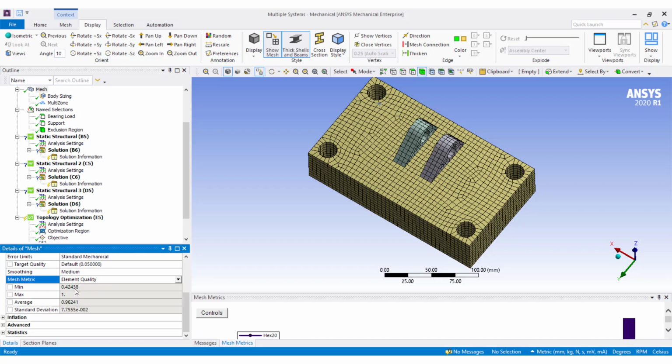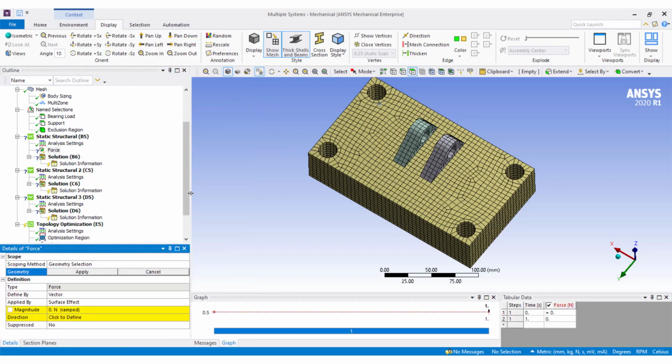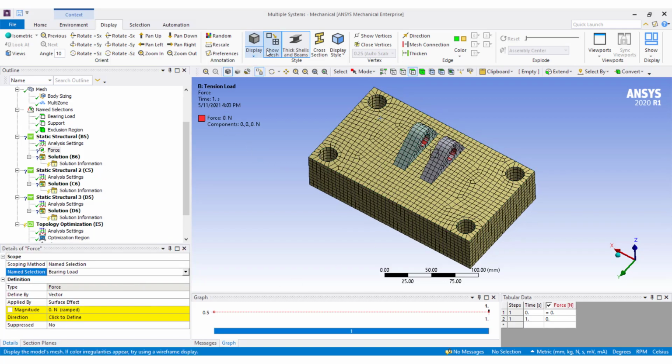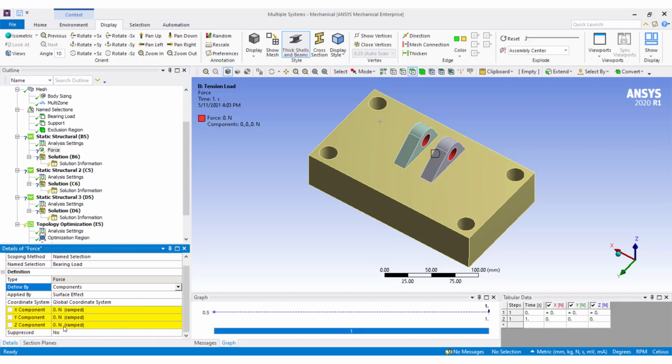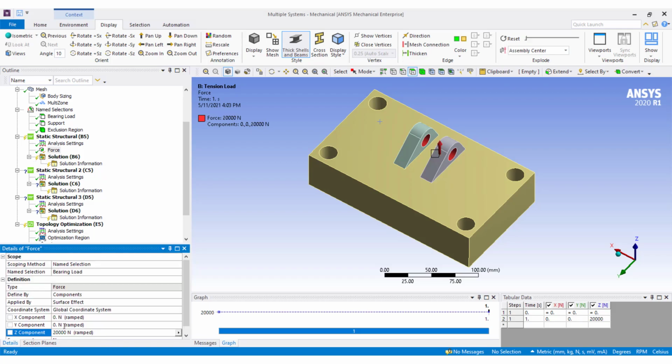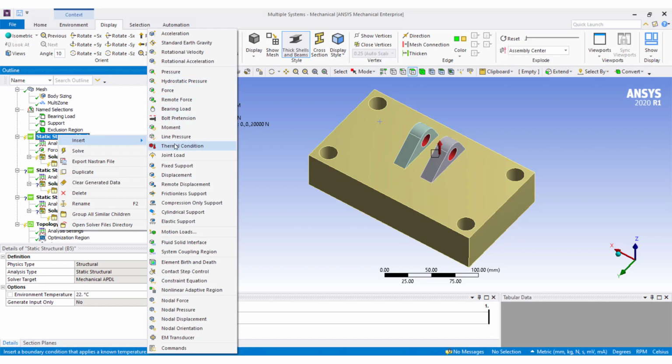Now I will apply the boundary conditions. A load of 20,000 Newton along the z-axis on the name selections I defined earlier. And fix support again by using the name selections.